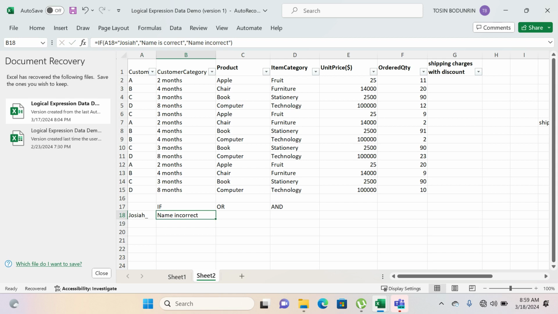It allows you to evaluate a logical expression, and you can return a default value if that logical expression is true. Otherwise, you want to return another value as well. All right, so quickly we have a scenario here,